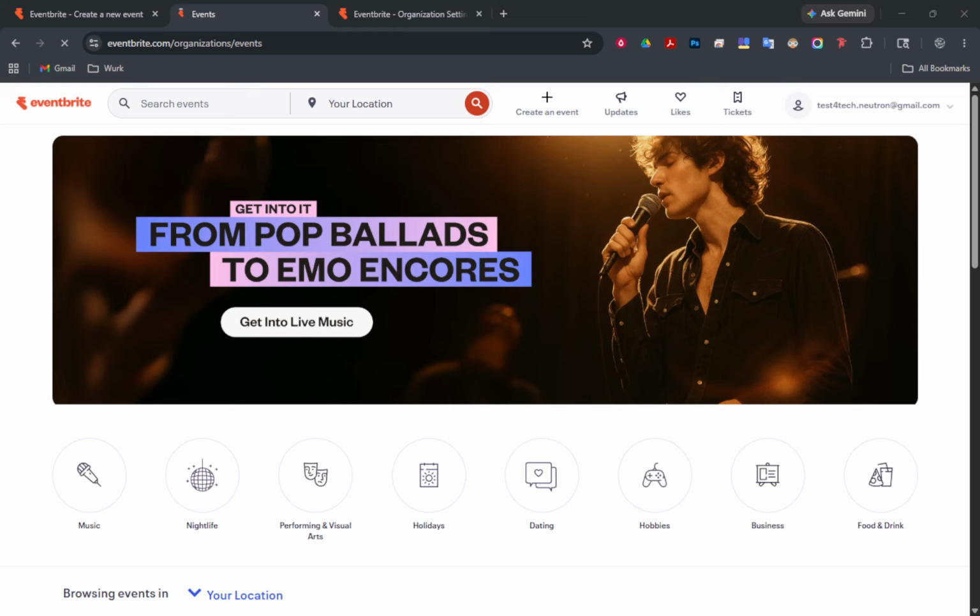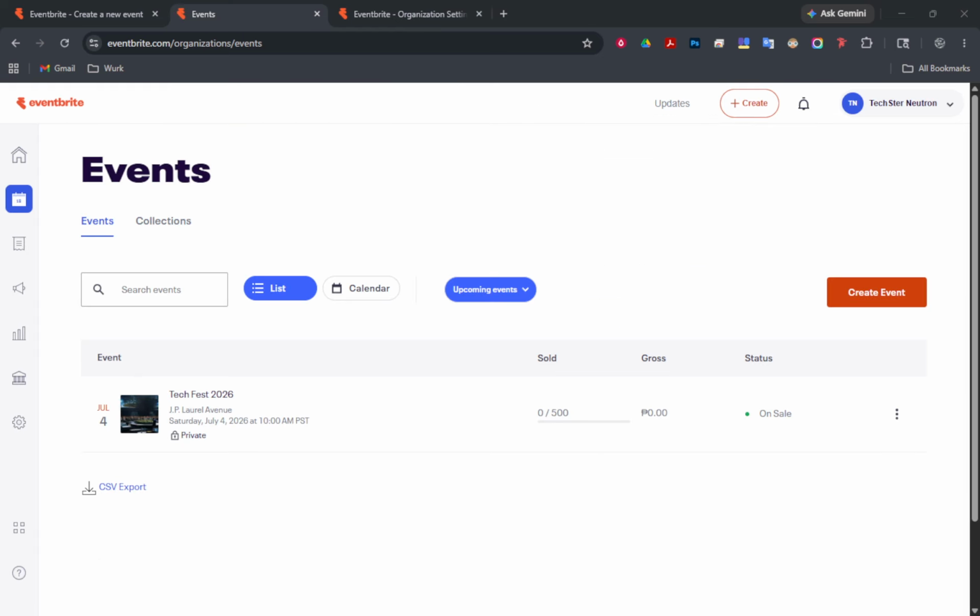Look toward the top right corner of the dashboard. Click More, then select Copy Event. Eventbrite will prepare a new event using the previous event's details, which is especially helpful for keeping your structure, branding,